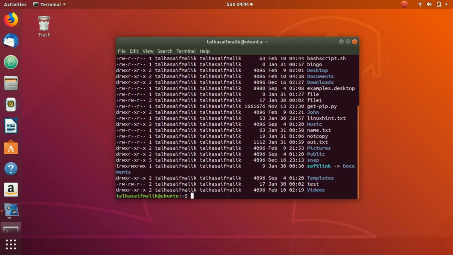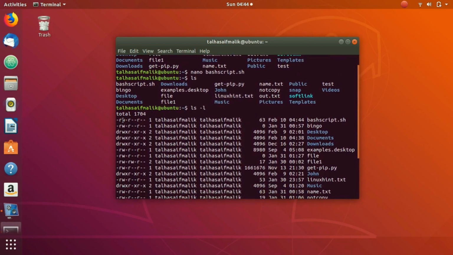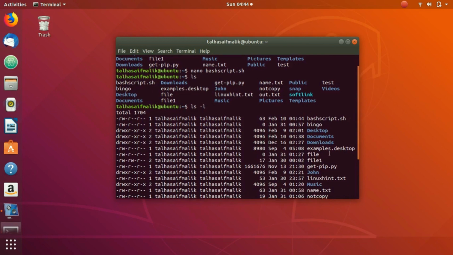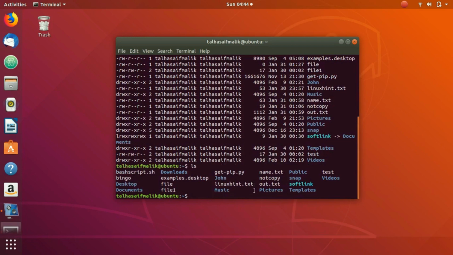So if I want to take a look at the user privileges, you can see here that I can read and write, but I cannot execute this file, right? Now, let's say it isn't executable, but that doesn't necessarily mean that you cannot run it. You can run it using bash. You can just tell it that it is a bash file, or a bash script. So you write bash, and then you write the file name or the script name, which is essentially